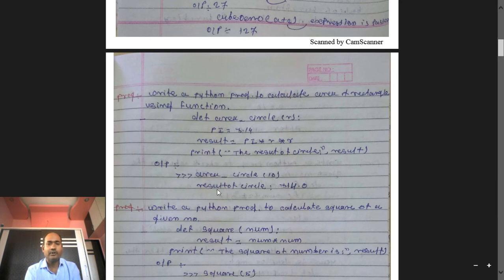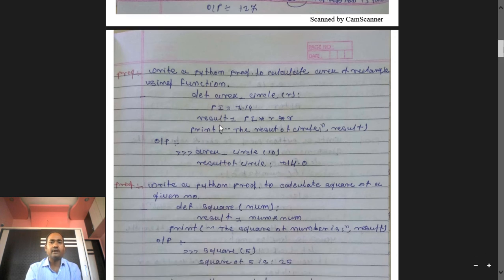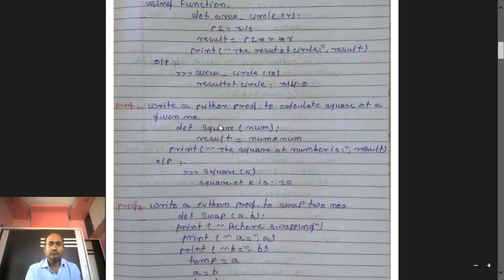When you execute this code, we get the result of circle is 314.0. In this way we use the keyword def to define the function, and call it by its function name with the argument value. This is how to calculate the area of a circle using functions.